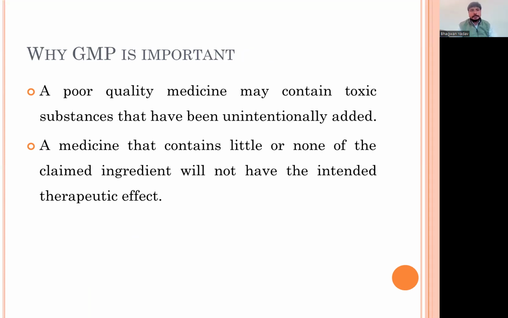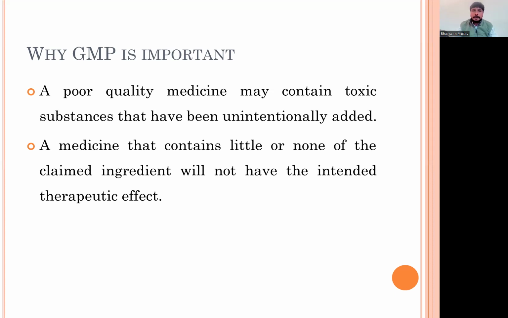The next point is why GMP is important. So there is one question: why are we preferring GMP? A poor quality medicine may contain toxic substances that have been unintentionally added. If a medicine has a poor quality, it is related to health, so it may cause major injuries to patients, or we can say toxic substances unintentionally added to the medicines. Then